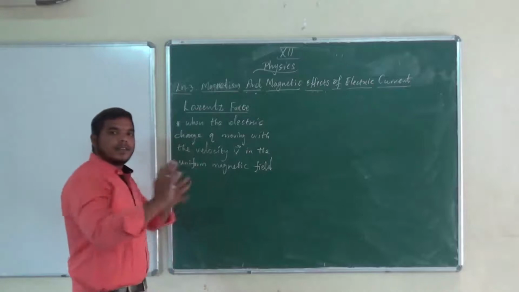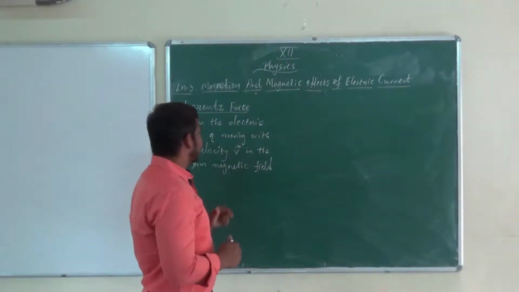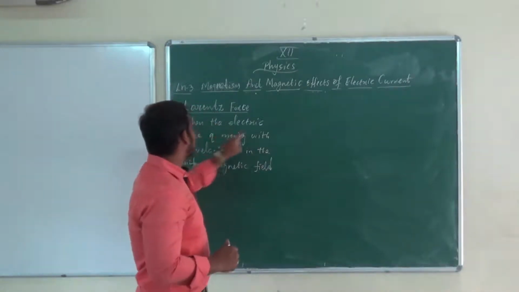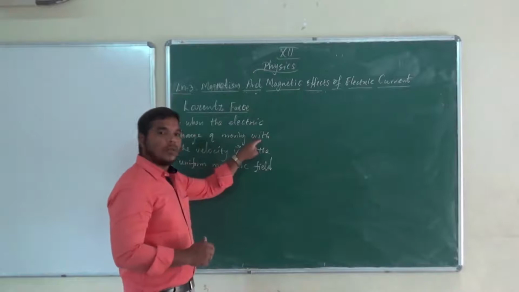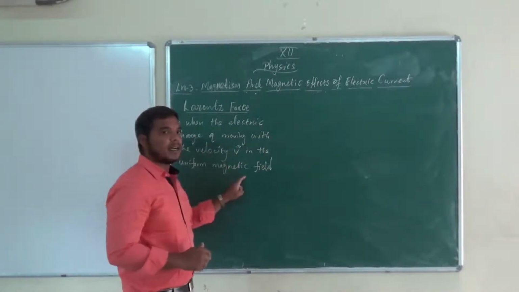When an electric charge moves in a uniform magnetic field, it experiences magnetic force. So here also, when the electric charge Q moves with the velocity V in the given uniform magnetic field,